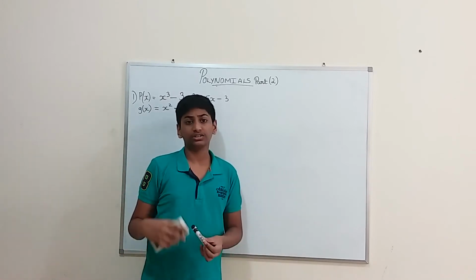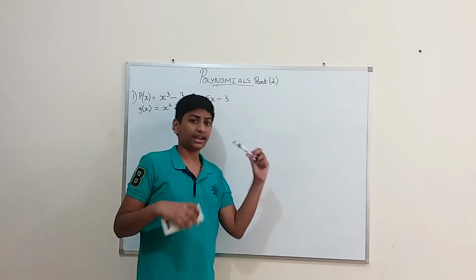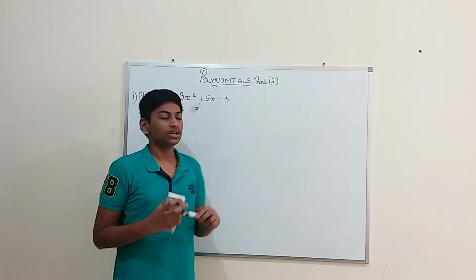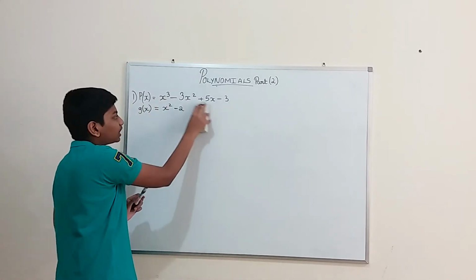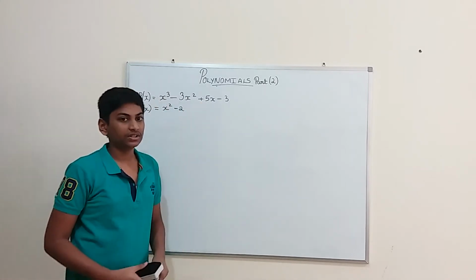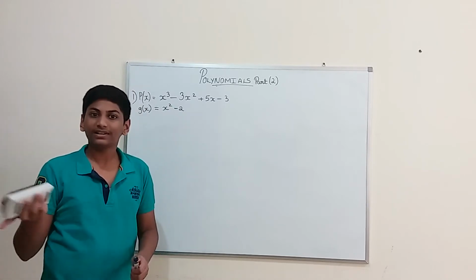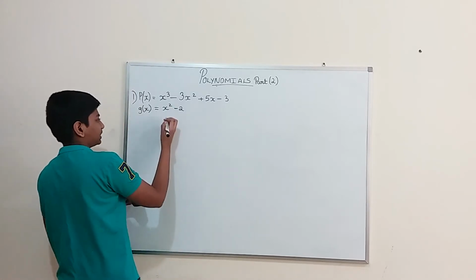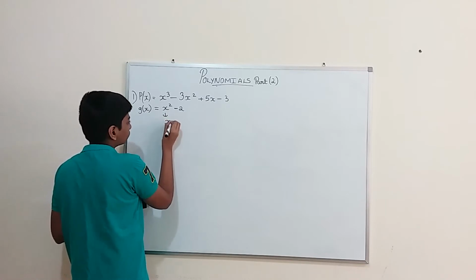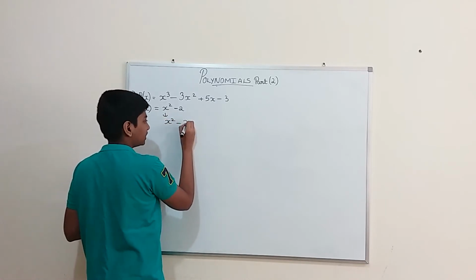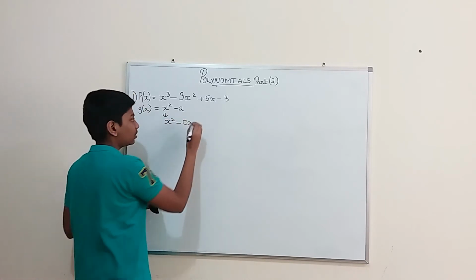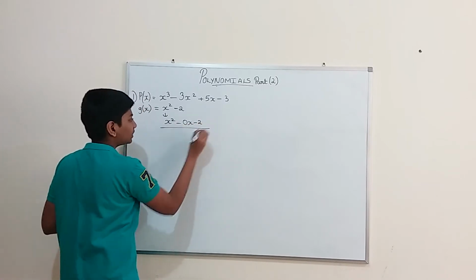What if the x value is equal to 5 or something? If we add x over here, it will change our expression. So what into the variable will get 0? Yes, 0 into the variable will get 0. So we'll change this to x square minus 0x, which is nothing but 0, minus 2. Now we have all the terms.